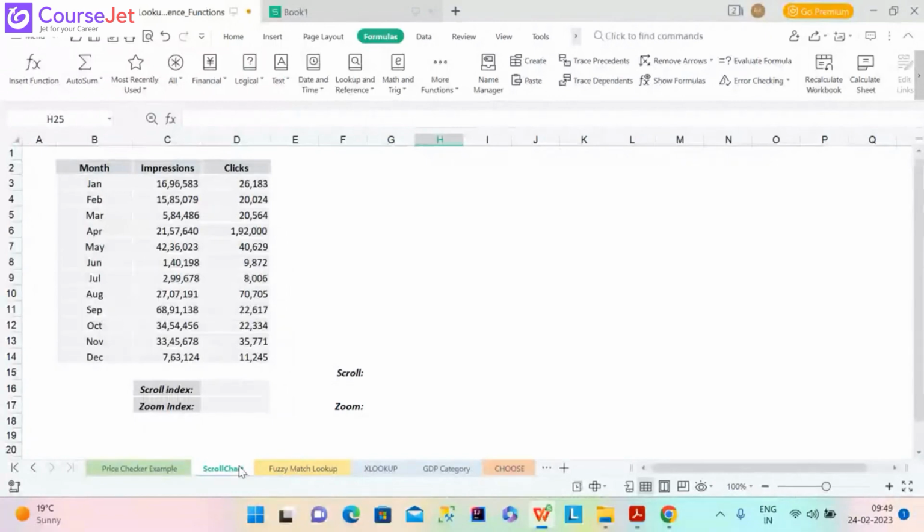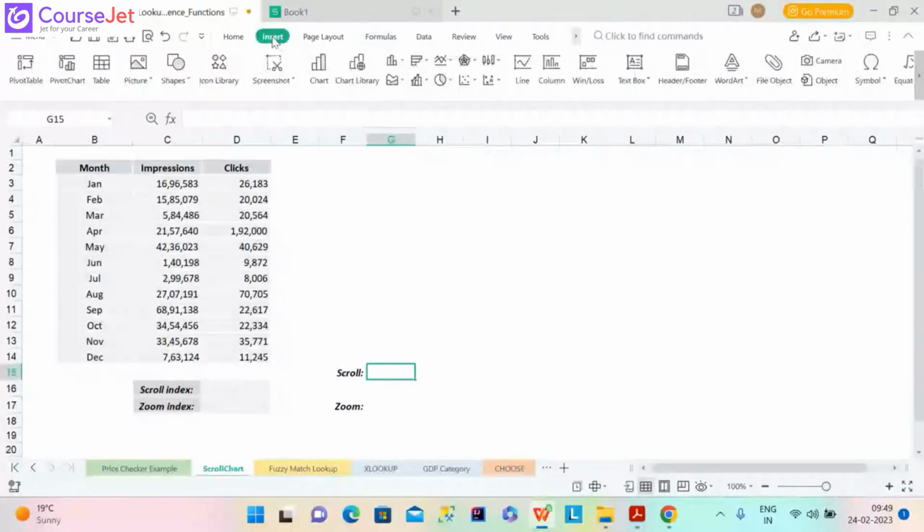A little bit of housekeeping items. The first is that we are going to use scroll bars, and to do that you need to insert them through this tab. So here we have insert. Take a look at the top of your Excel screen. If you don't see the Developer tab,